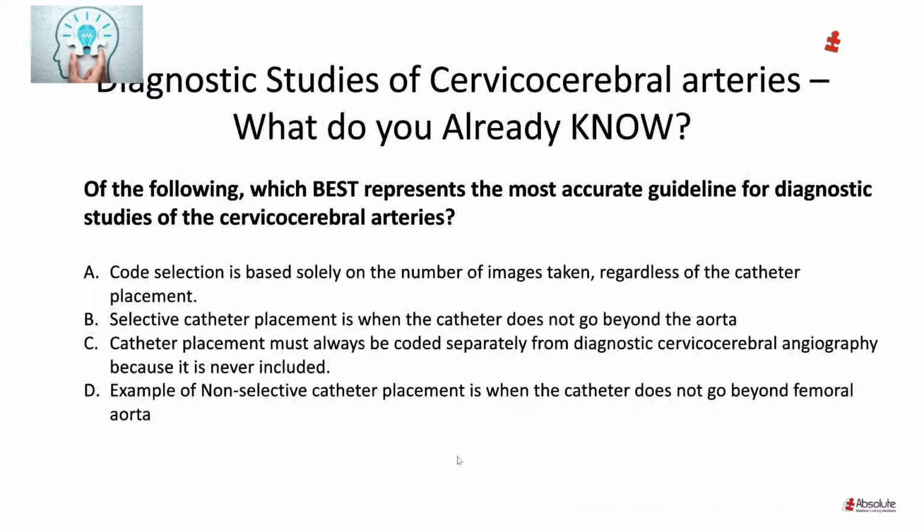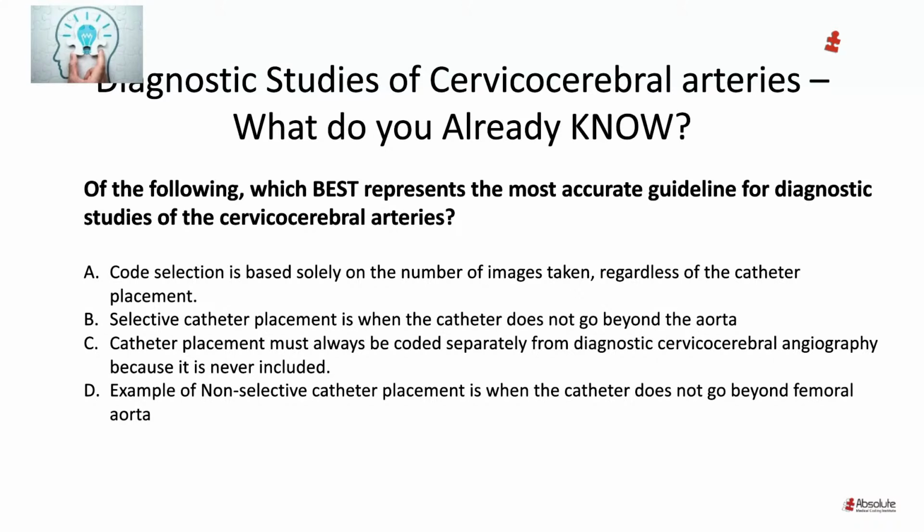All right. Final question. Now, this is on diagnostic studies of the cervical cerebral arteries. What do you already know? Of the following, which best represents the most accurate guideline for diagnostic studies of the cervical cerebral arteries? A. Code selection is based solely on the number of images taken, regardless of the catheter placement.